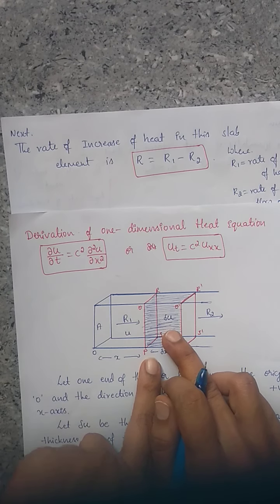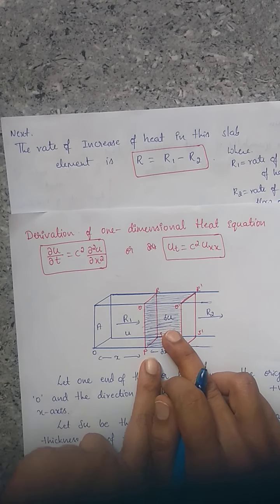This implies R is equal to R1, the rate of inflow. According to the third point, the rate of heat flow across an area is proportional to the area A and to the rate of change of temperature with respect to distance, dou U with respect to distance dou X. So the proportionality we can write with minus K, where K is the thermal conductivity. Heat flows from higher temperature to lower temperature, so we consider it negative. Q is equal to minus K A into dou U by dou X.